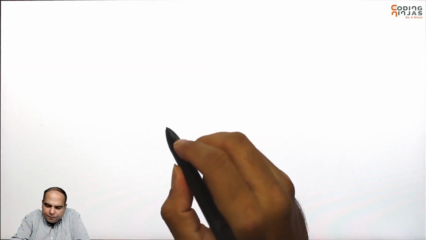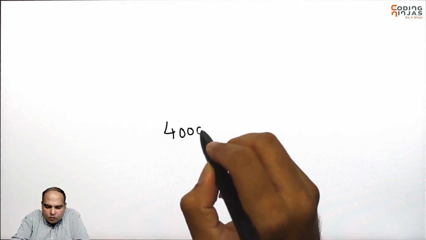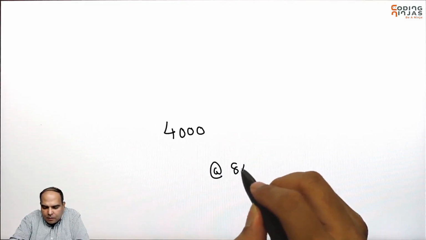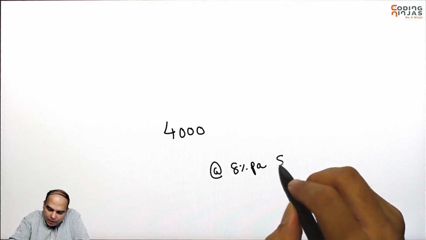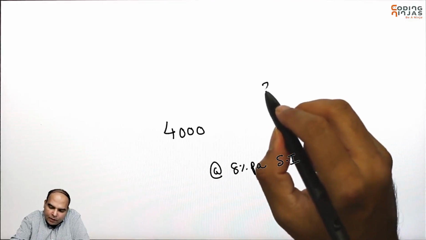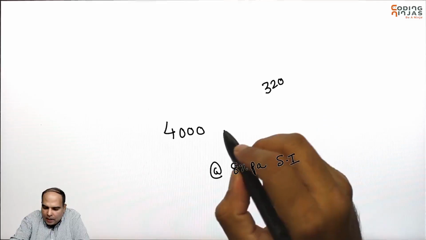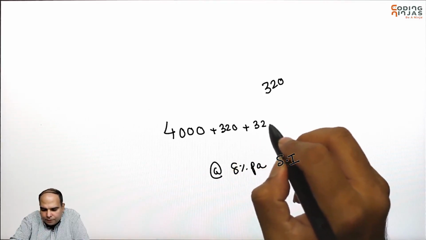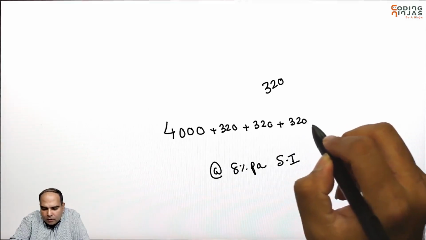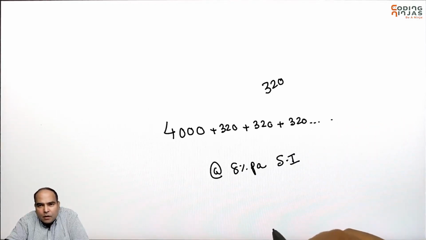Now, just to recap, we know that if you have invested an amount of 4,000 rupees at 8% per annum, then it means basically simple interest. It means basically that your interest every year will be 320 rupees, and you can form an infinite series based on this, where every year you could be adding 320 to the principal, to keep getting the amount after any number of years or any number of time periods. So that's the basic structure of